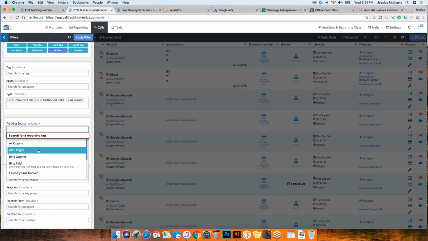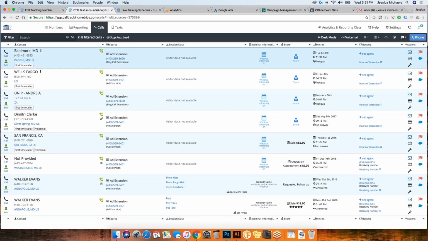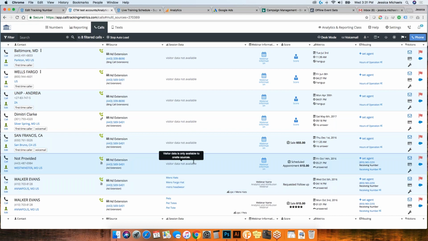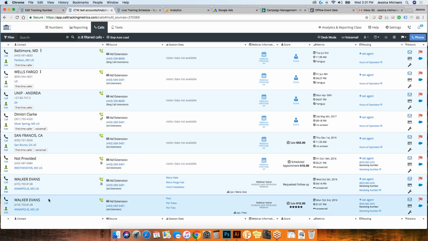So I can run a filter for just my ad extensions. Go. So when we get the campaign information, it's going to look like this. But when the call comes in, it's going to have no visitor data. As that script runs inside of AdWords, we're going to ping AdWords, say, hey, do you have any data that matches back to these calls? If they do, then they're going to pass us this information, which is the campaign, ad group, and keyword, and then it can qualify to count as a conversion inside of AdWords.